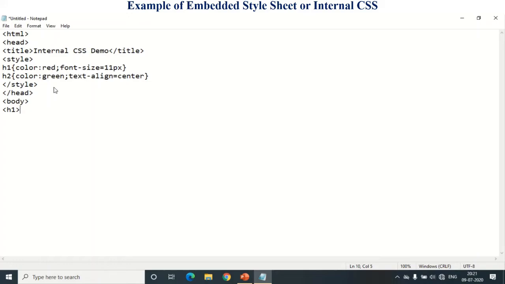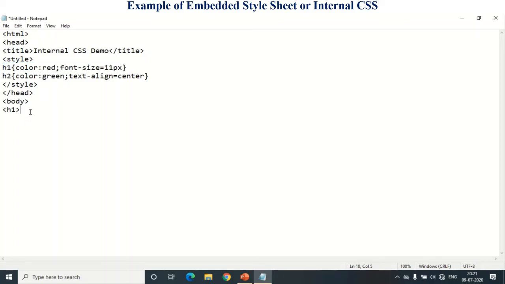So what are the properties of this one? That is this. Color is equal to red, font size equal to 11 pixels. So whatever information we write here, all the information follows the properties of this one, or follows the criteria of this, that is color is red and font size equal to what? 11 pixels.